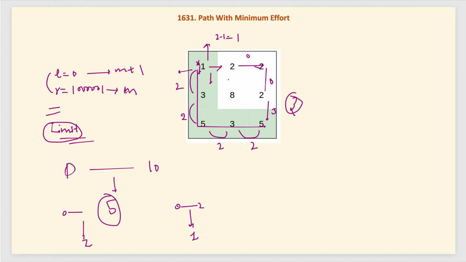Now the mid of this is 1. When we go, there will be no path that is satisfying, because for all the consecutive cells, the absolute difference is not less than 1, so we can't. Hence we update our L from 0 to 1, which makes the range 1 to 2, and again we get the mid. We will run until L is less than R. Once L breaks that condition, after that we go again, the mid is 1, and we again update our L from 1 to 2, hence the while loop will terminate. So the binary search terminates, and we got the minimum effort here, which is 2 in this example 1.